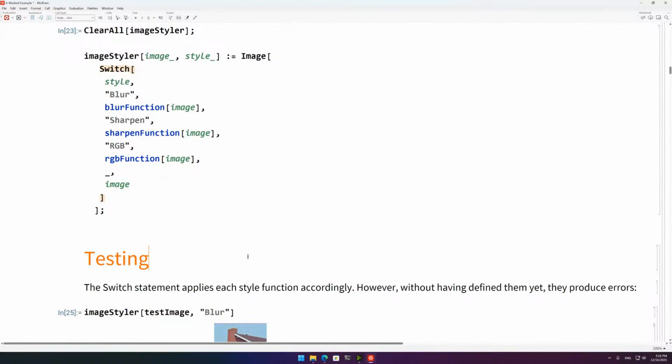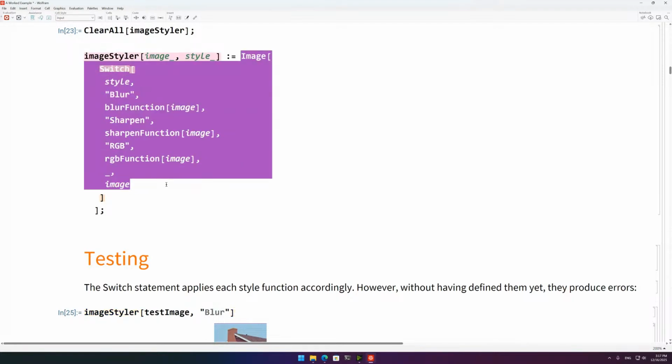I can have both of them on screen. Okay, so we are saying that the image is test image. That's absolutely fine because our image argument accepts anything anyway. And for style, we are passing the string blur. So when we evaluate this statement, what happens is we go inside the body of the